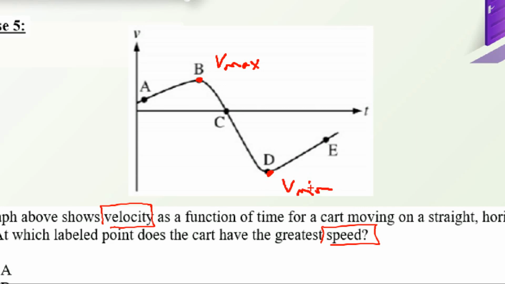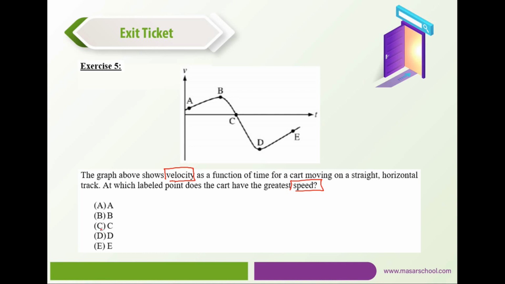The best way to approach this problem or such types of problems is to give numbers. Let me say that this is 3 meters per second, and let me say that this is minus 8 meters per second. Here if we're comparing the velocities, B would be the greatest velocity and D would be the lowest velocity. However, if we're talking about speeds, the speed of the point D would be greater than the speed of the point B. Now here in the question they are referring to the speeds. For this case the point D has the greatest speed. Then D would be the